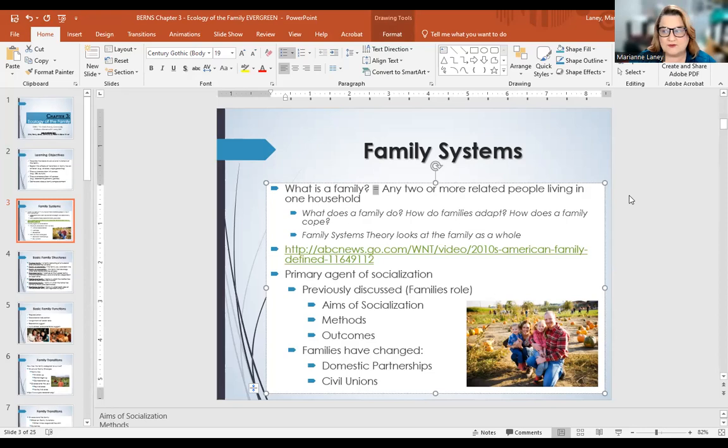And what is a family? What do they do? Why aren't we just birthing babies and leaving them in the hospital? People have children, and you hear young parents who say, I just want to give this child a better life than I had. I want them to have all these opportunities I didn't have as a kid. Everybody has different reasons for having children. Some people don't really think about it. Some people are very measured about it. I had to go to classes for 2 years in order to adopt.